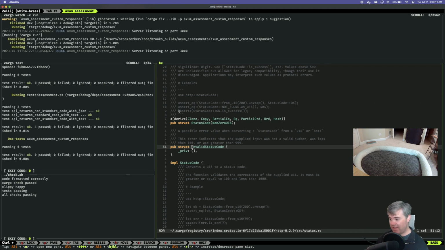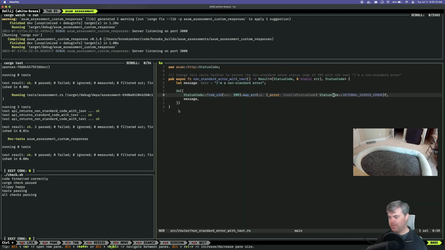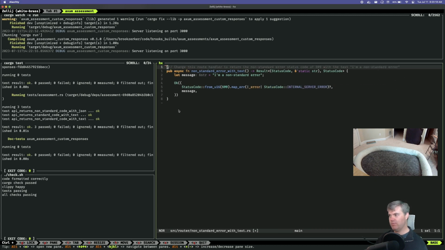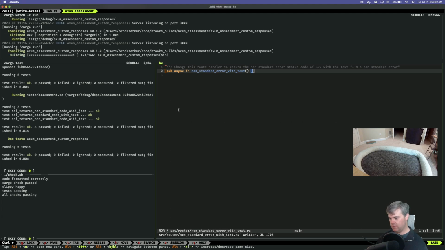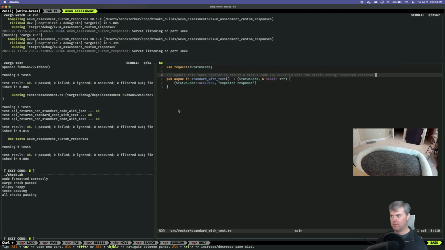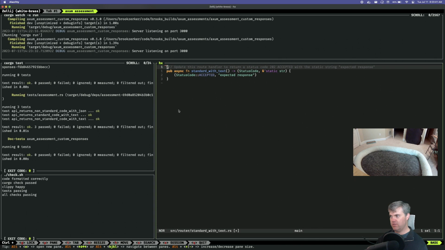So this is inside of Axum. I don't need you. Okay, router. So don't want to pull you in. Get rid of all of you. Center with text. Okay, so you're also removing all of this stuff.